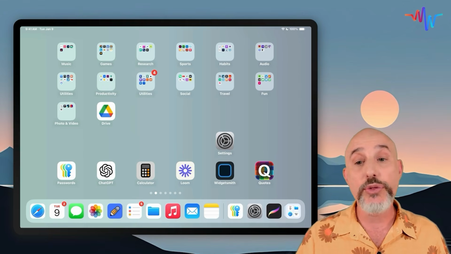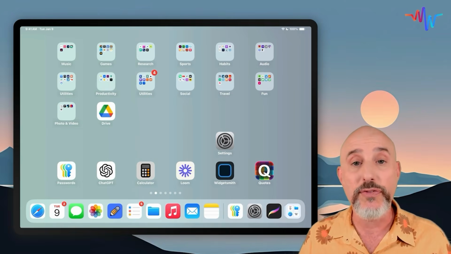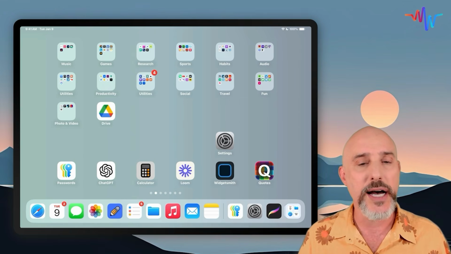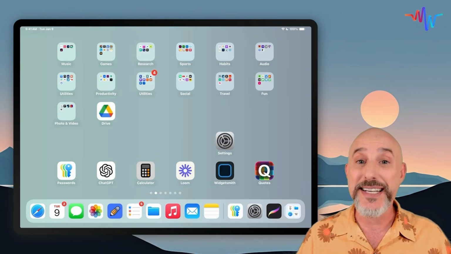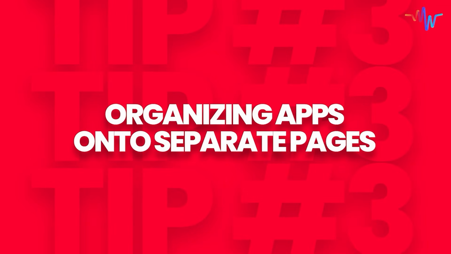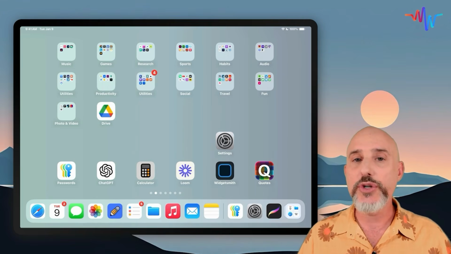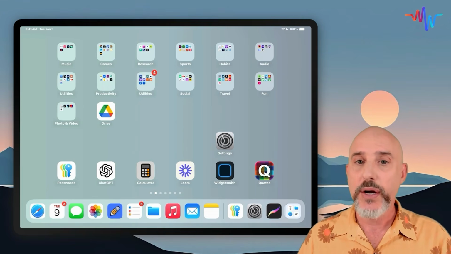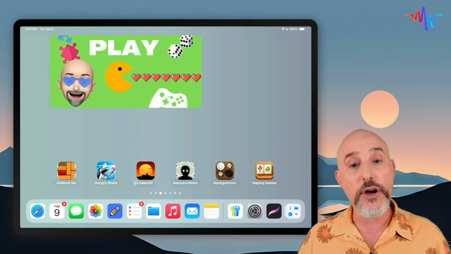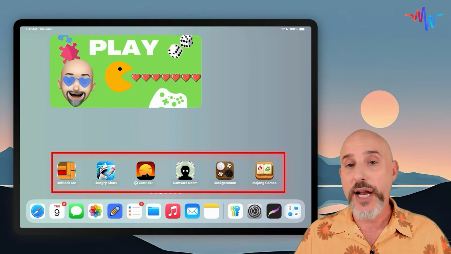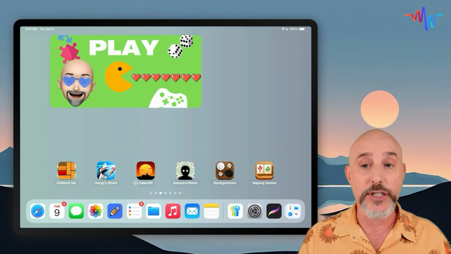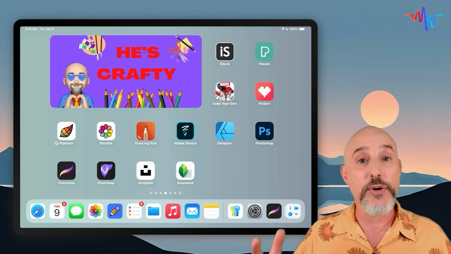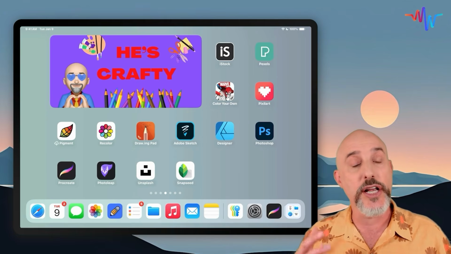If you have to scroll through multiple pages to find what you're looking for on your iPad, you're wasting time. These folders are no longer as effective as they used to be, which is where we step into tip number 3, separating your apps onto separate pages. In order to do this easily, I use a tool that can create widgets for you. We're going to swipe over to the right side here, and you're going to notice that all of my game apps are nicely organized right here with a nice large widget reminding me that this is my play page. And if I swipe over again, here's my crafts page with all of the image creation and art tools that